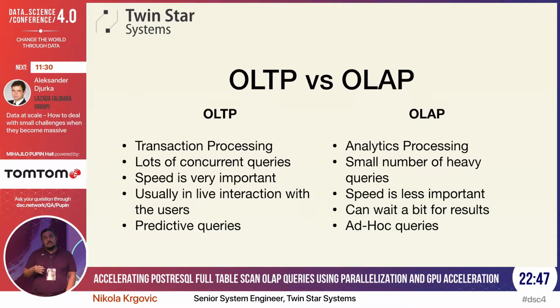When you have 3,000 queries per second, you will probably get a pretty standard and very small set of queries. Most of them will be one and the same, and those queries will be heavily optimized. Your database administrator will be spending a lot of time optimizing those queries. The developers will be spending a lot of time optimizing those queries, because if you have 3,000 queries a second on average,